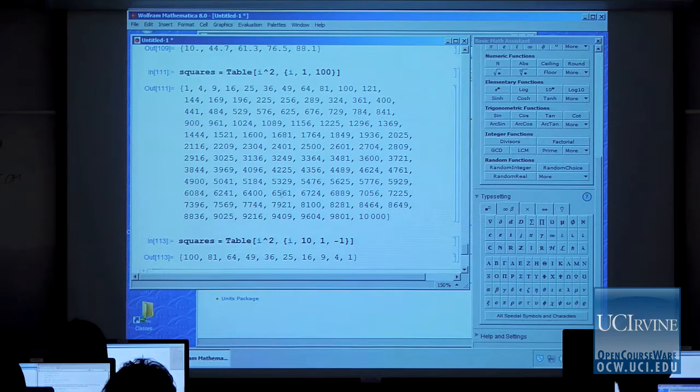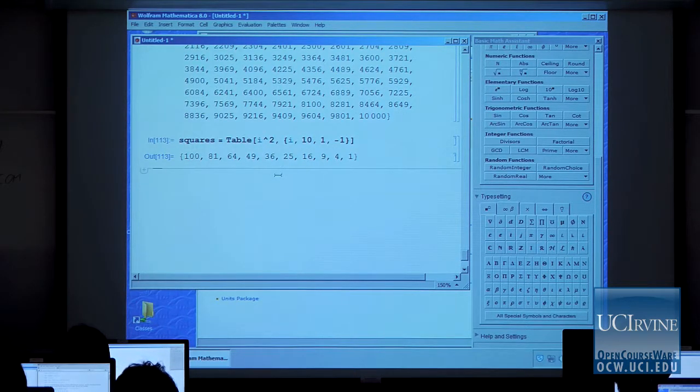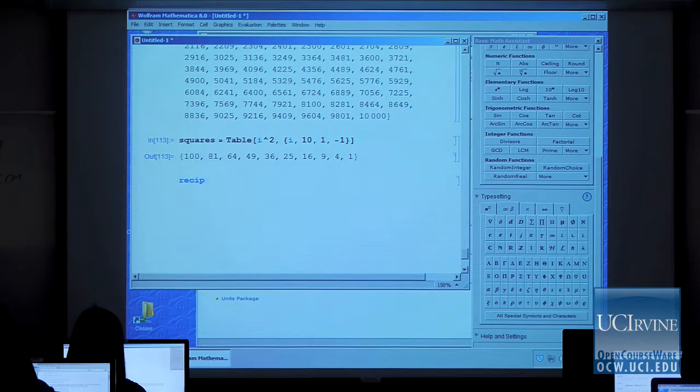All right. So now let's suppose we want to define a list of reciprocals of odd numbers between 1 and 10. What should I do? All right, let's see. So I want to say table. And then what should I put first? 1 over I. By the way, I could use x, I could use k, I could use my name to define the variable. It doesn't matter, but I is a convenient one. Okay. And then I